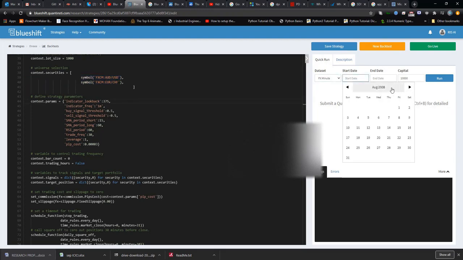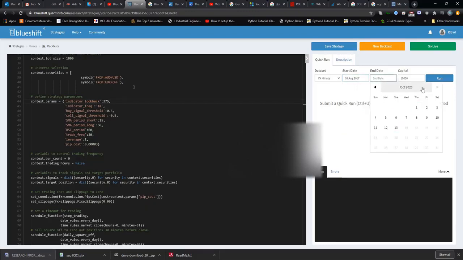I'm not going to take too much of your time, so I'll start with the year 2017, the month of August, ninth date. For the end date, I'll go for the current present date, and I am going to run this strategy and see how it actually works. Thereafter I will show you the implementation or strategic output of two of my formulas.